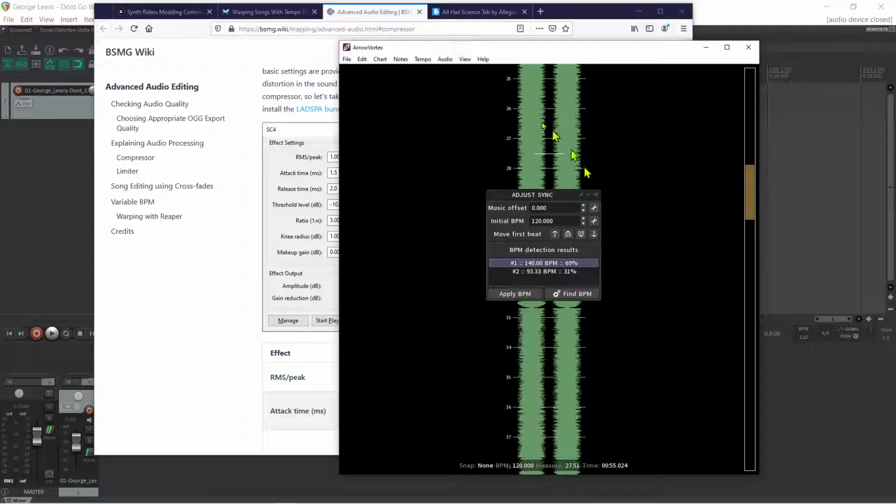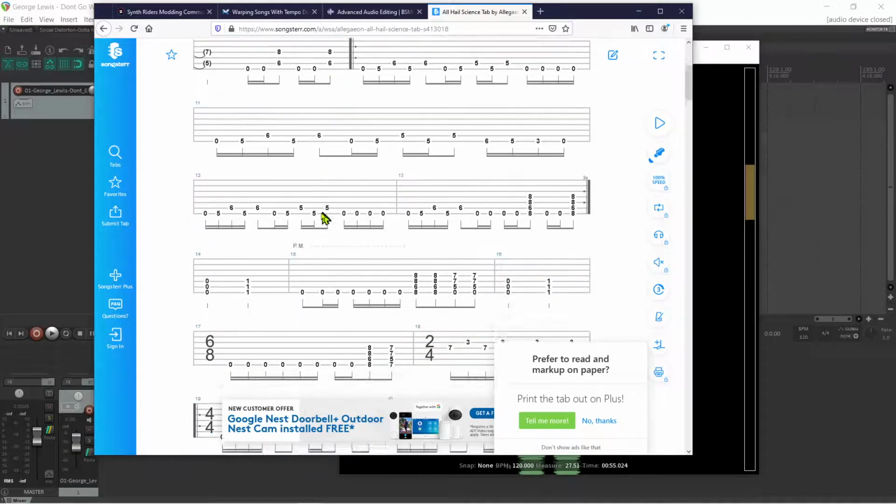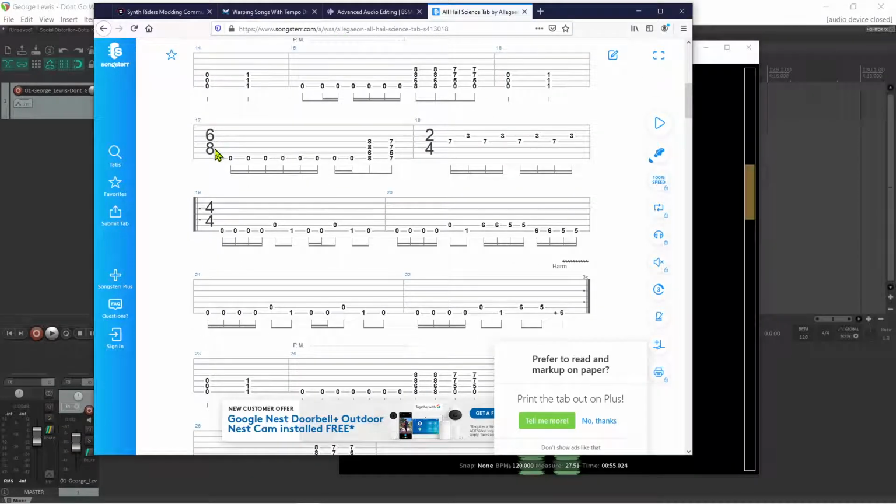We don't need to guess on that in this song because we have the magic of Google. So I did a search, pulled up, and found some guitar tabs for All Hail Science. On here, they tell us right off, quarter note is 140. It's very handy. That confirms what we found there in ArrowVortex. It's also showing that there are some different meters in here. We have 2/4, we have 4/4, and then if we go down a little bit, we have 6/8. So the switching back and forth would explain why we saw both 140 and 93.3. But the key takeaway here is that the quarter notes are all going to be at